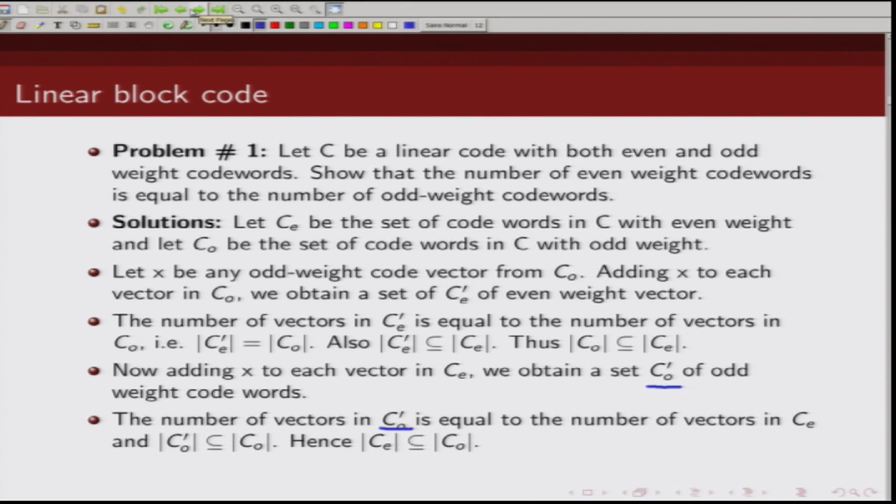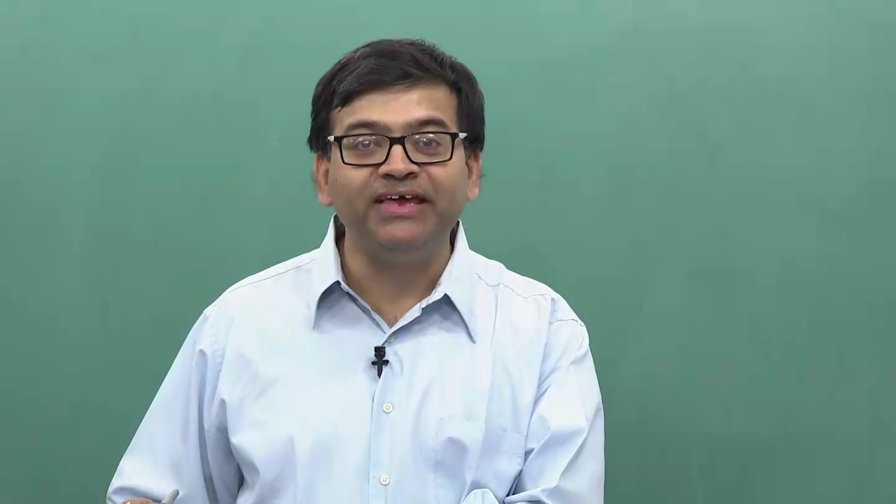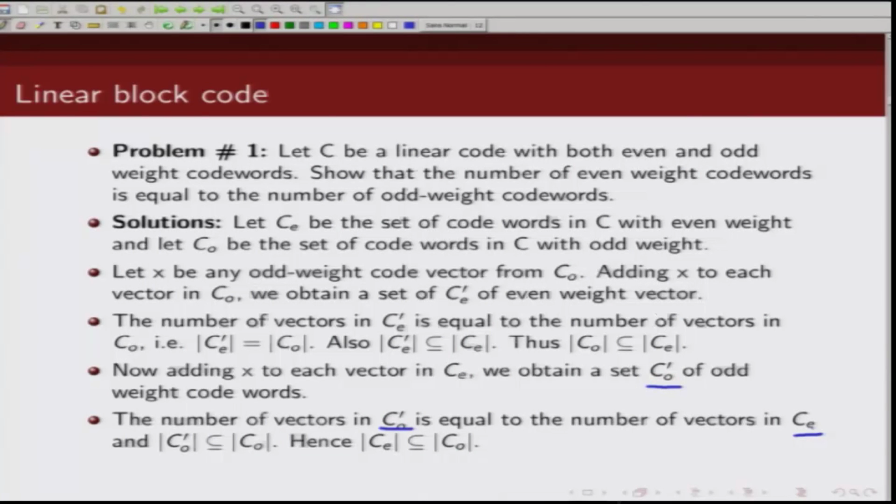So the number of vectors in C_O prime is going to be equal to the number of even vectors. Why? Because this set was generated by adding an odd vector X to the set of even code words. So we can then write that